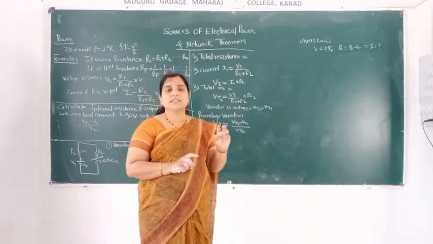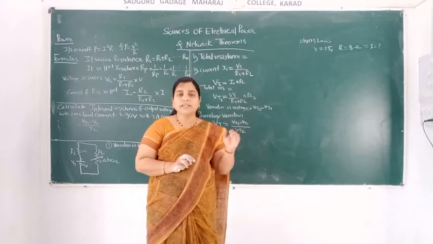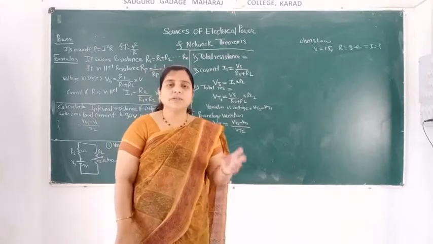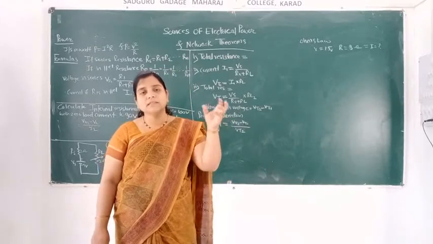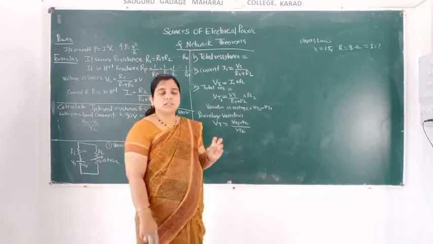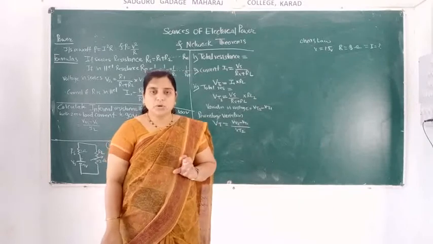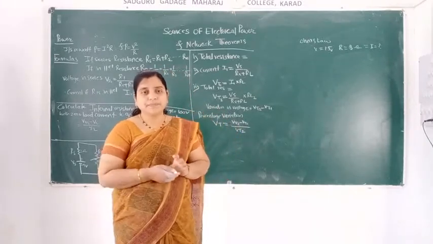Change in resistance, change in current and voltage drop, that we saw in the previous lecture. Voltage drop means what? Total voltage minus calculated voltage is called the voltage drop. We will see an example of the voltage drop, how much the voltage drop is. We will see the circuit diagram also for that.